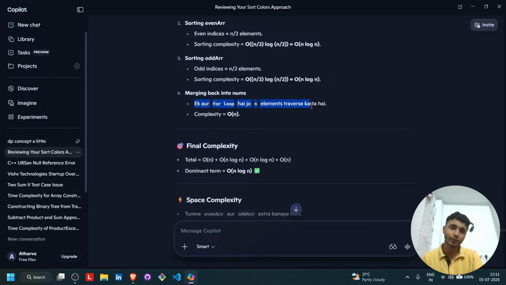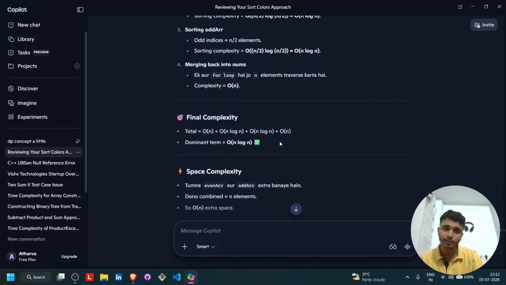Traverse the array and operations are happening. Complexity n total is equal to big O of n plus big O of n log n plus big O of n log n plus big O of n. So the total dominant term is big O of n log n because